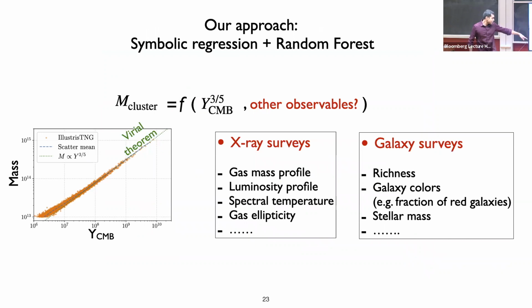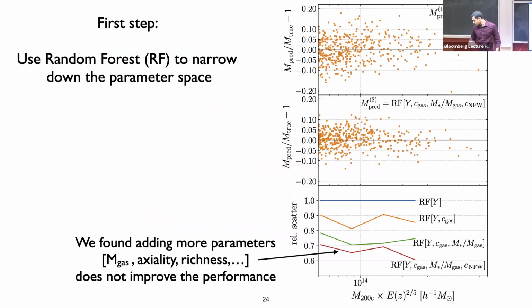Let me get back to the problem where we try to reduce the scatter here. Our first approach was to try to cut down the parameter space. As I mentioned earlier, it's an NP hard problem. It scales very badly with the number of dimensions. So there are much faster machine learning techniques which can let you see what parameters are important. We first tried this decision tree based algorithm called random forest, which is quite fast. For data sets like the one we use, it runs in less than a second on your computer. You don't need GPUs or anything.